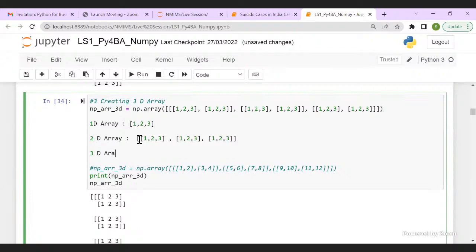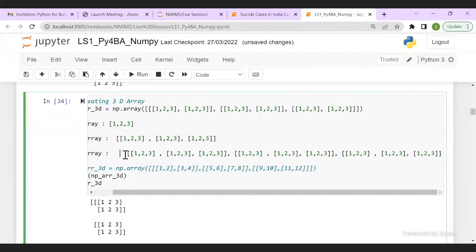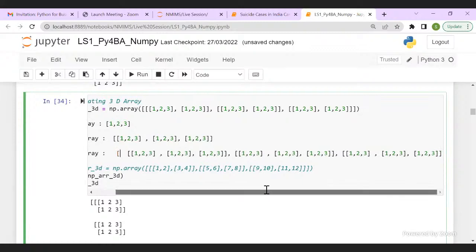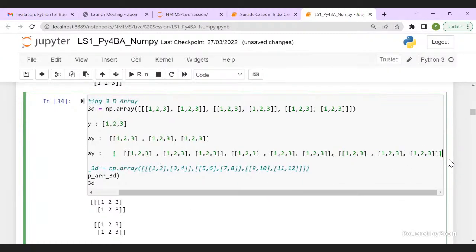So I take my 2D arrays, stacked one on top of another, and enclose my entire entity in one single square bracket. That is how you get your 3D array. I hope I'm clear now. Anybody still having any confusion?